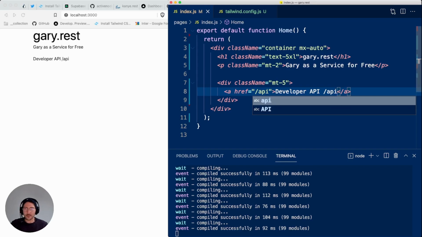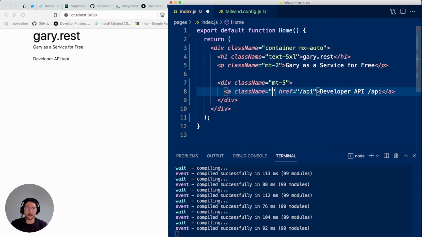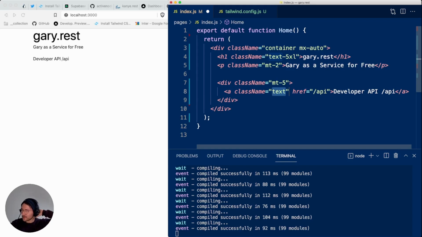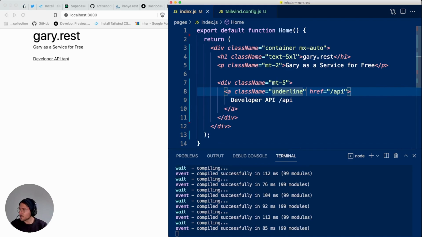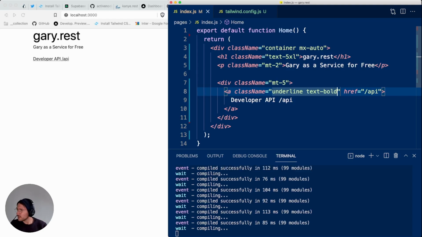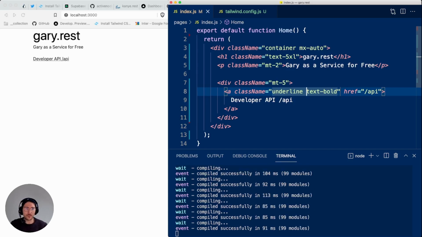Also, that link doesn't have styling up front, so we want to use className, and we want to make it bold, and I'm not sure if it's font-bold or text-bold. Sorry, underline first, but I think that's not even text-underline. I think that's just underline. Let's try it. Yeah, that works. But we still want to make it bold though. So we can use text-bold. Nope. Then it's font-bold. Yep.